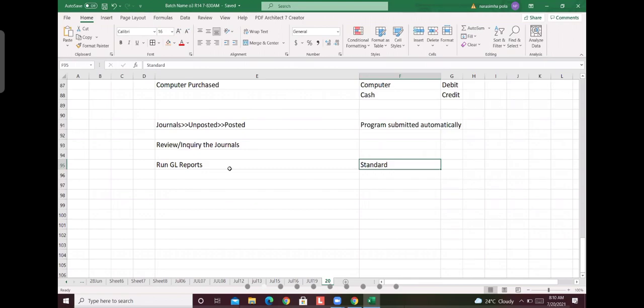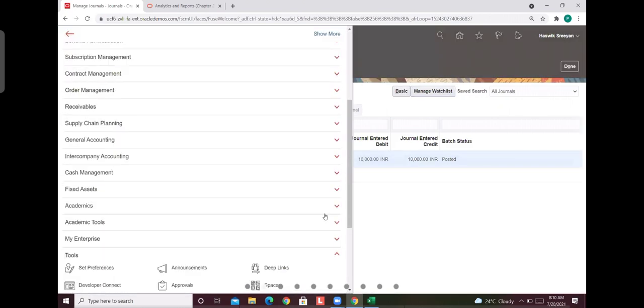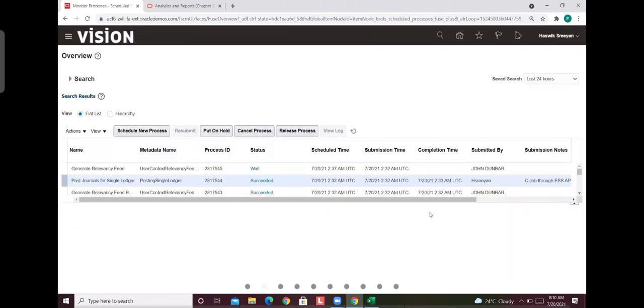Then go to Scheduled Processes, go to Navigator, go to Scheduled Processes. Then go to Schedule New Process.